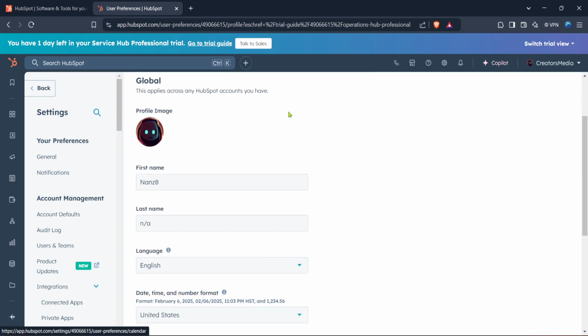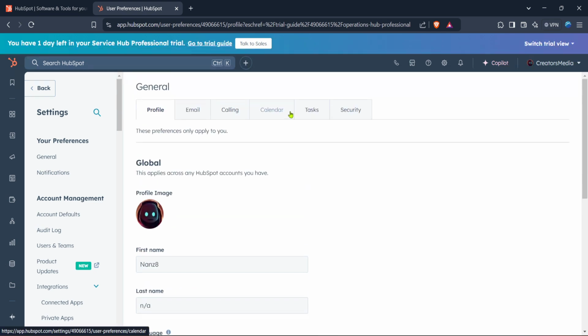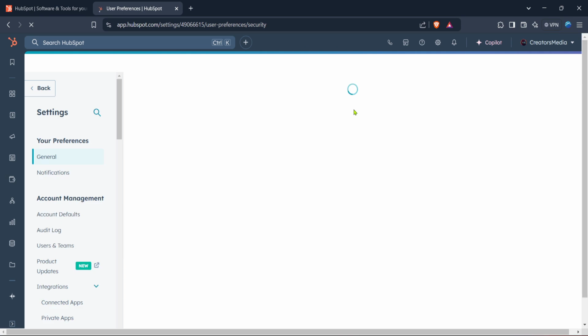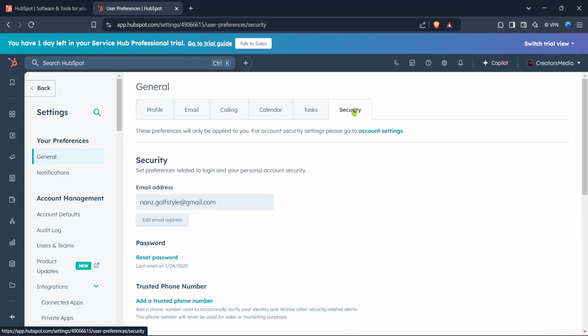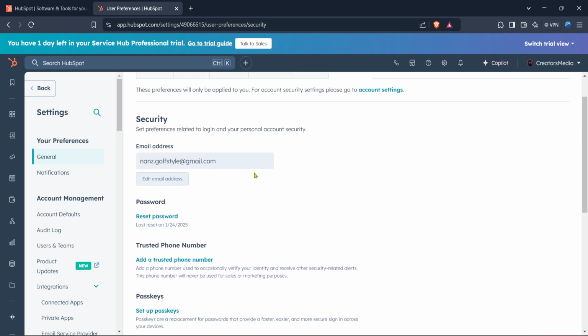In your settings, you'd want to look for the security section. It's an important area where you manage key account protections. Click on security, and from there you'll be able to see an option regarding your email address. Go ahead and click on email address. You're getting closer to the end now.